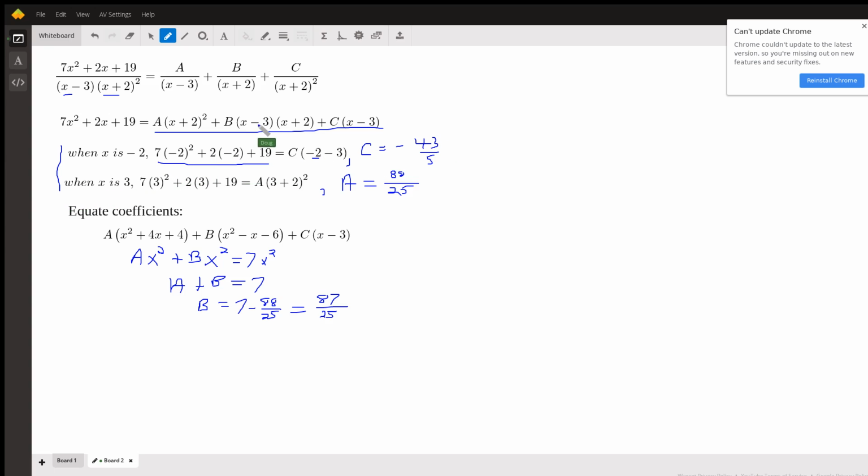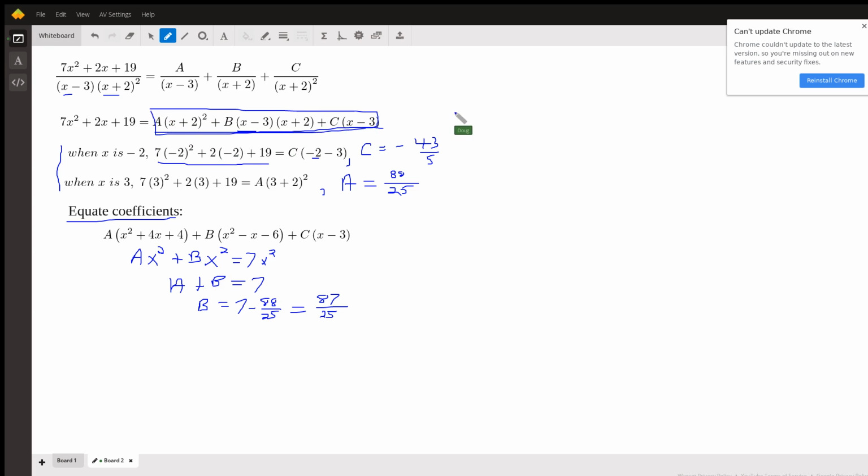When x is 3, the b and the c terms become 0, and I can solve for a. When x is 3, I get 25a on the right, and I get 88 on the left, so a equals 88/25. Now to find b, you have to equate coefficients, which means you multiply all this stuff together,